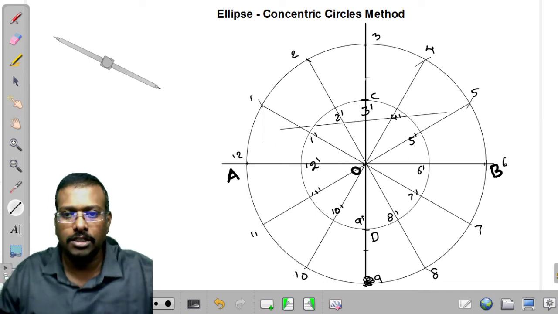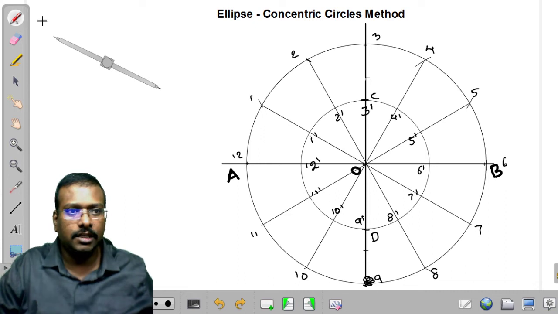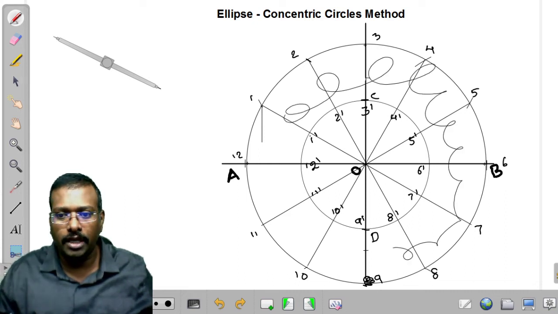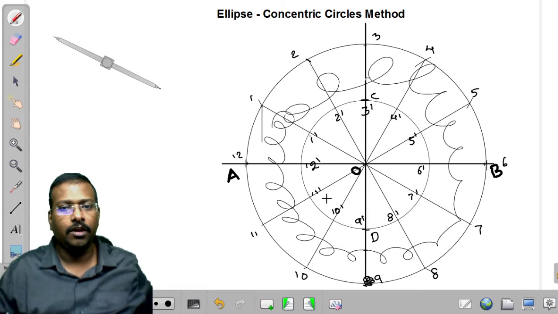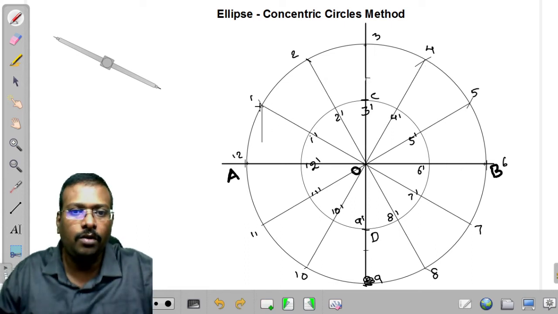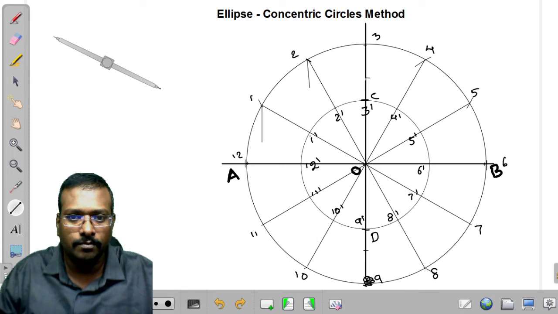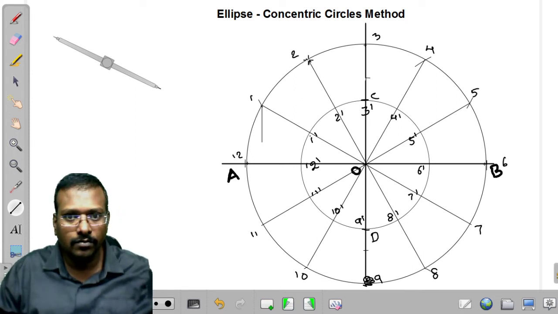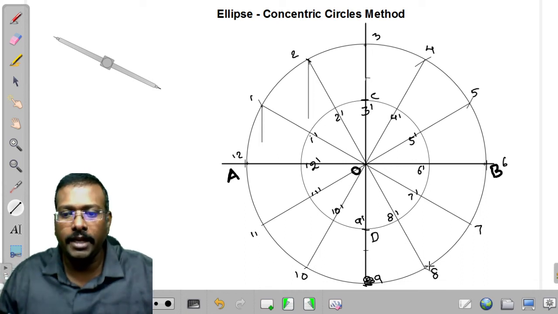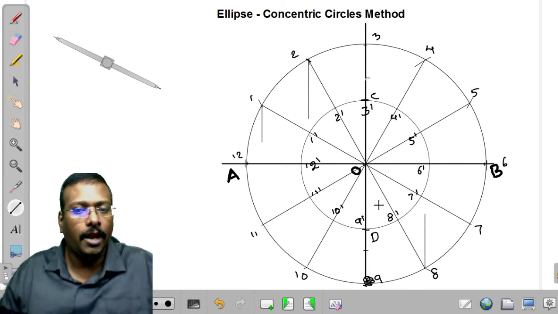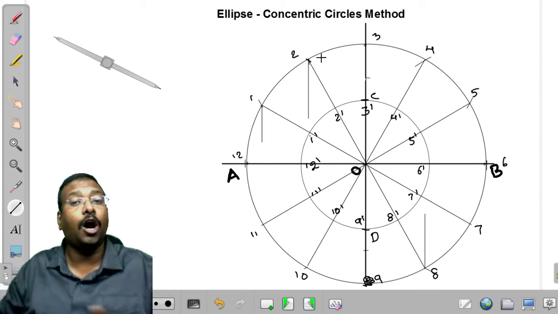The lines should restrict its position in this zone only. So for getting here, what I have to do? At 1 we have to draw below. At 2 also we have to draw at the bottom side. At 2 bottom. So similarly, if you consider point 8, I have to draw vertical, but it should be upward. Is it clear? I hope you know how to draw the lines at the outer circle points.